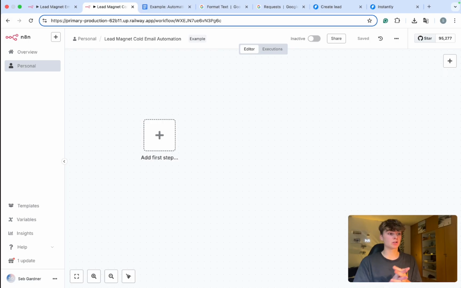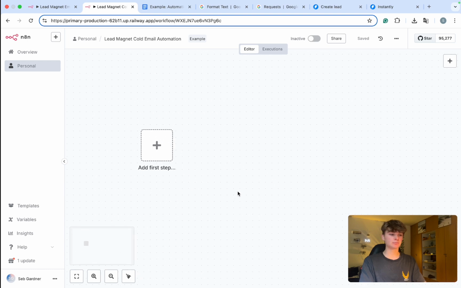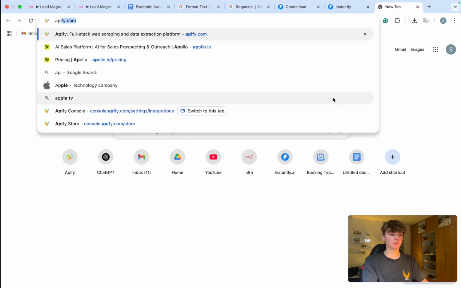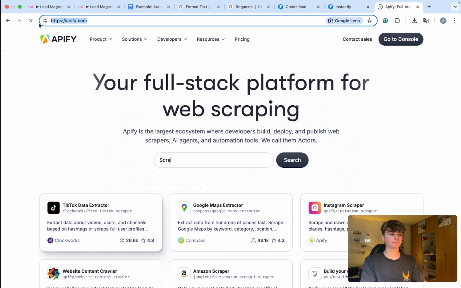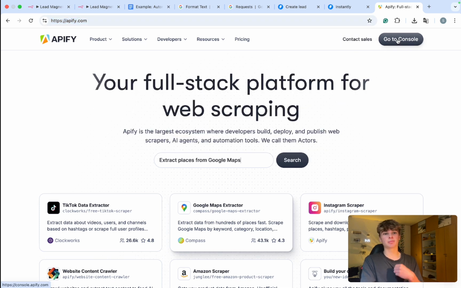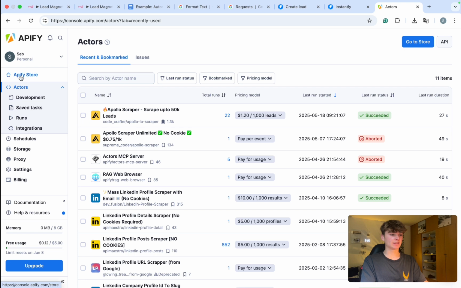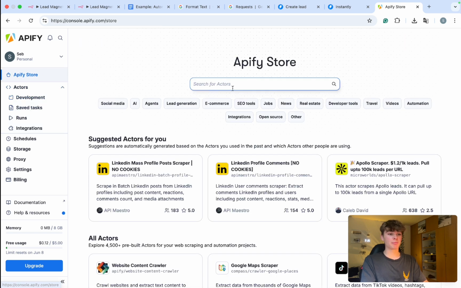Okay, so first things first, we'll want to create a new n8n instance, and we'll need to connect to Apify, which is the example scraper that we're going to be using to scrape the leads. So if we head over to apify.com, and if you haven't created an account already, you have to sign up. I've already created an account, so I'm just going to click go to console. Then wait a second. After you're in the homepage, go to Apify store, and we're going to search for Apollo,